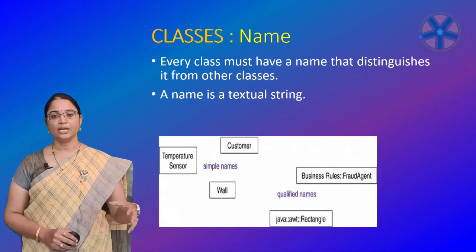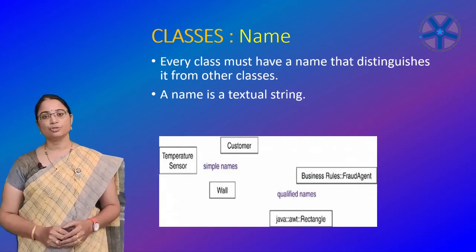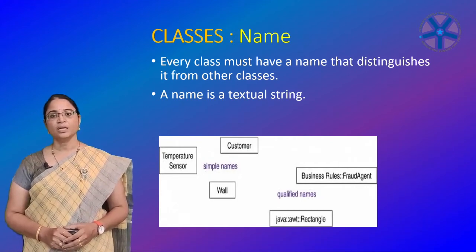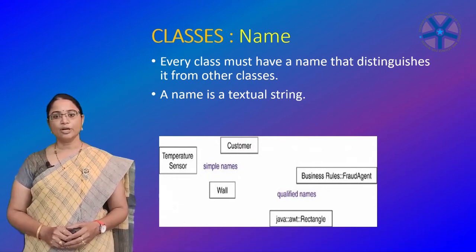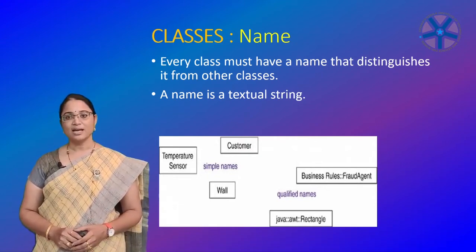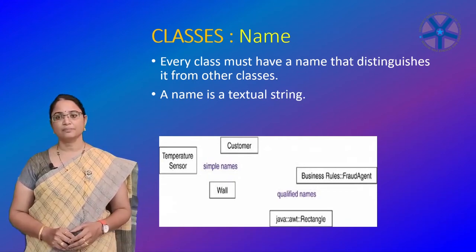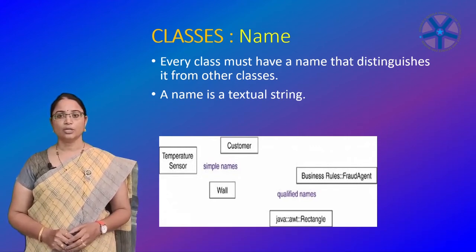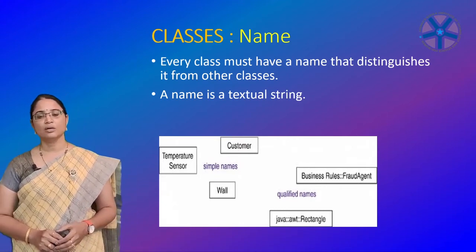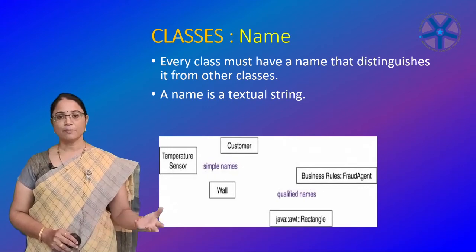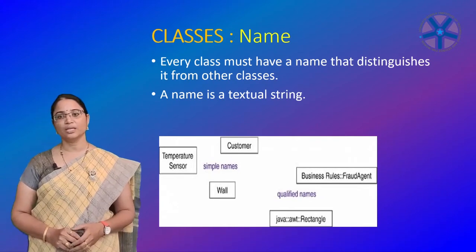In Java, we have the AWT package. In that package, we have this Rectangle class. This is how we give names to the classes. A class name must be unique within its enclosing package. The important point to note here is a class name may be text, consisting of any number of letters, numbers, and certain punctuation marks, except you can't use the double colon, which is used to separate the class name and the name of the package. So you can't use the colon in the class name. When you use the package, you can use the colons, but you can't give a colon name to the class.